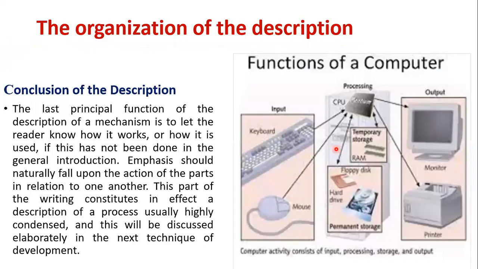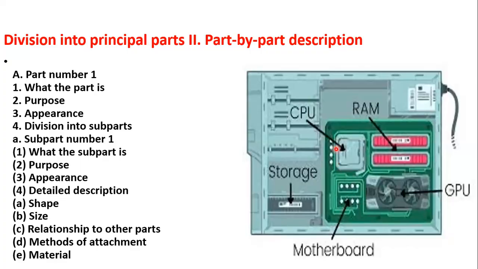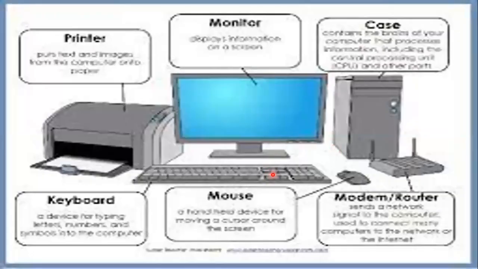Similarly, we would explain the input device, like what is a keyboard, the purpose of the keyboard, and the appearance of the keyboard. Then we'll learn the entire fitting and fixture of the keyboard. Clear? And if there are any other sensors or other things fixed in the keyboard, we must mention it. Fine. And then the mouse, although the cursor is a very small object,